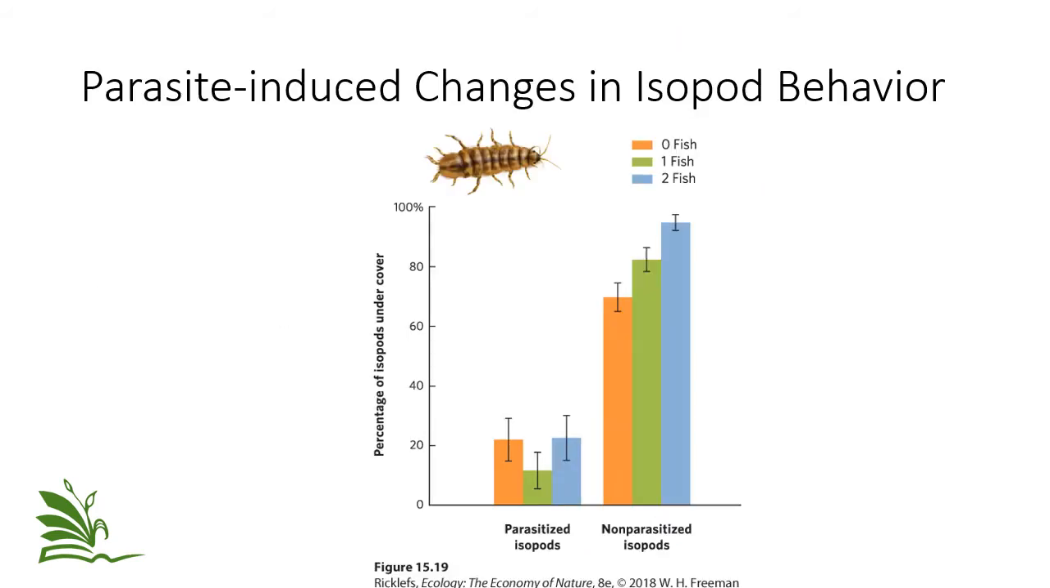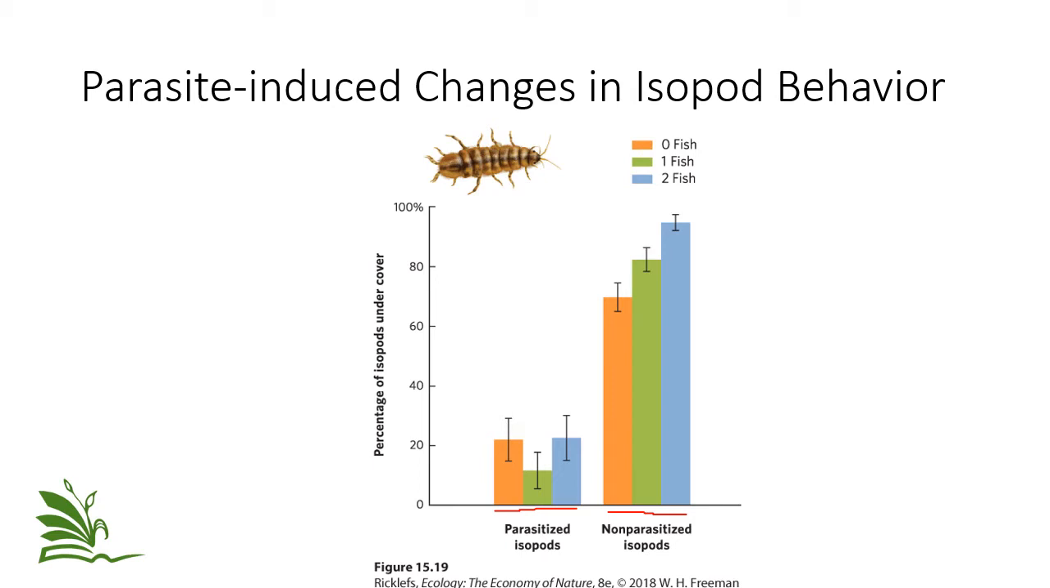Here's another example of parasite-induced changes in isopods, or roly-polies. You know roly-polies. So, isopod behavior. Here we have some examples. On the left-hand side, we have parasitized isopods. And on the right-hand side, we have non-parasitized isopods. So non-parasitized isopods tend to hide